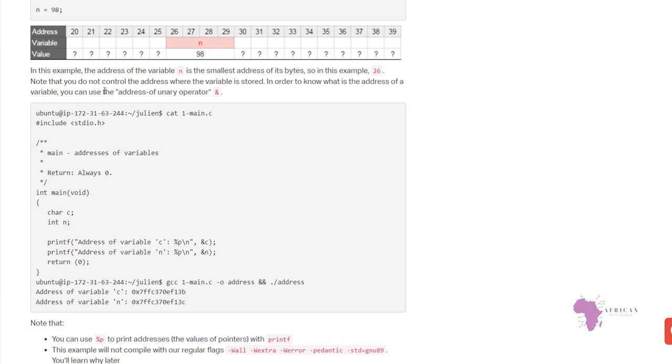So now we do have an example here. We have declared a character c and an integer n, and we want to know where these two are stored in memory. How we do that using the address-of unary operator is we can use printf, and what we'll have is: the address of variable